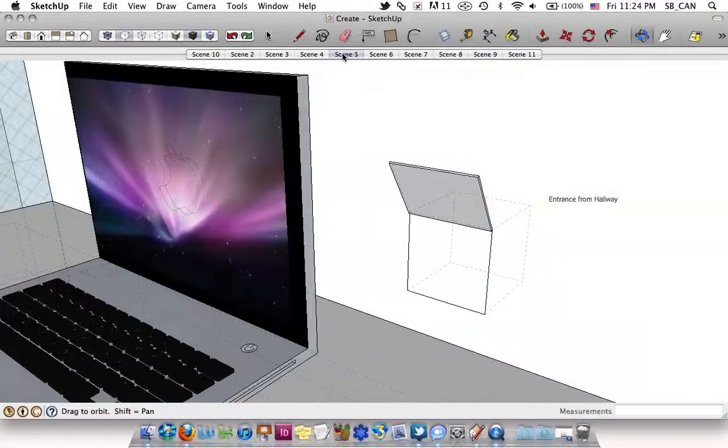This interesting little box right next to the MacBook, you might be wondering what that is. Yeah, ignore that entrance from the hallway thing. That's a typo. It just wouldn't go away. This little box, it doesn't show up very well. It doesn't show up the way I want it to from this angle, but it is a little box that goes in the wall, so that's supposed to be like empty space, and that's a space where